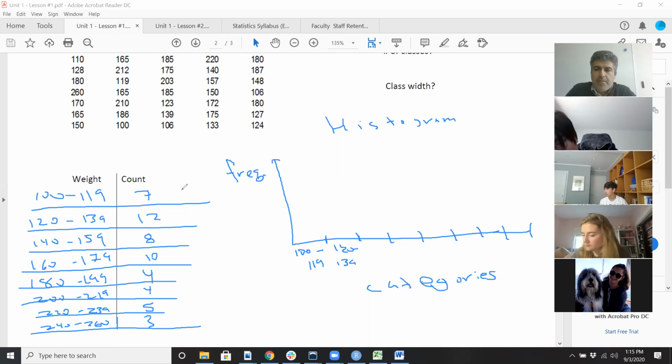Go ahead. What's the difference between a histogram and a bar graph? Actually, they're the same thing. They're not really that much different. A bar graph can actually be, so technically I am doing a bar graph, to be honest with you. A histogram is more when you're looking at, if I'm looking at test scores, for example,